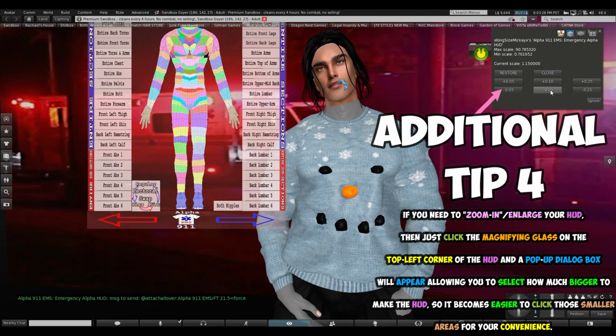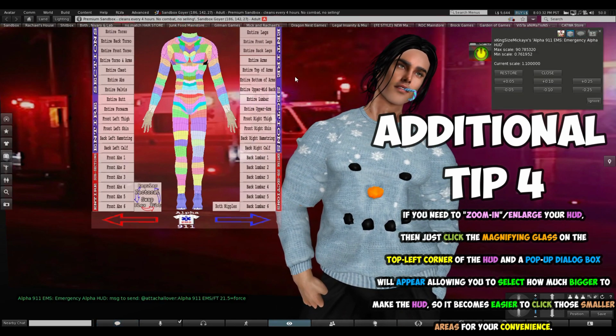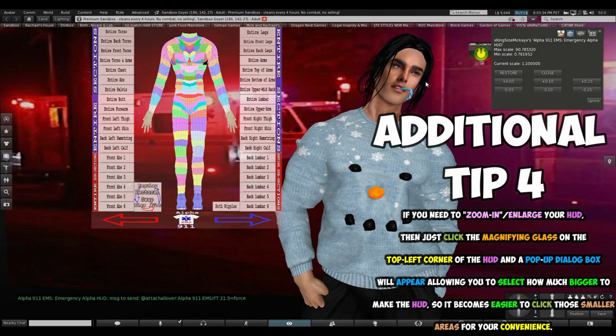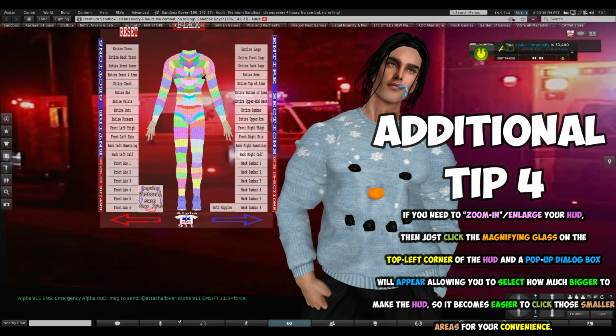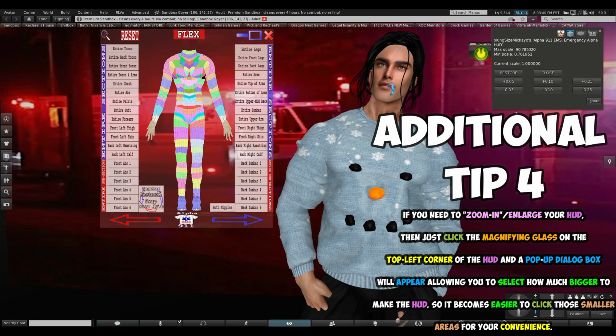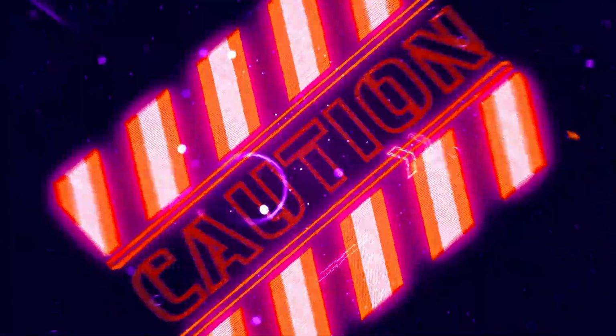Okay, say if I wanted to make it a little smaller and decrease it by 0.05, and say I want to make it go back to its regular size and restore it. Click the restore button, and there you go. And if you're done with it, you just click close, like so.